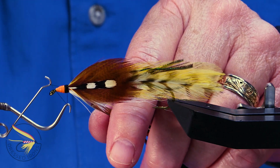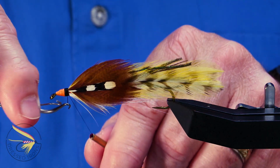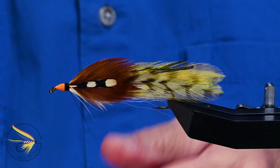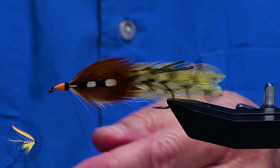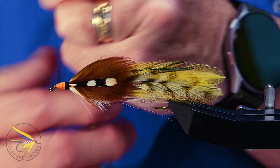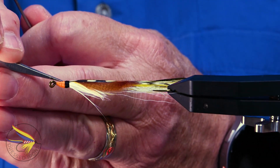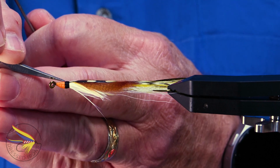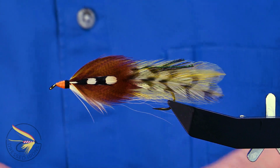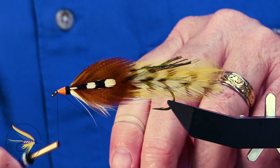Just want to take care that you're not getting any errant wraps somewhere else, that they're staying where they should be. And again, as a fishing fly, if you have one little wrap of black thread that came out, and you got an orange band right there because of it, I don't think it's going to ruin the fishability of the fly. Now I'm going to attach my thread right behind the eye of the hook,